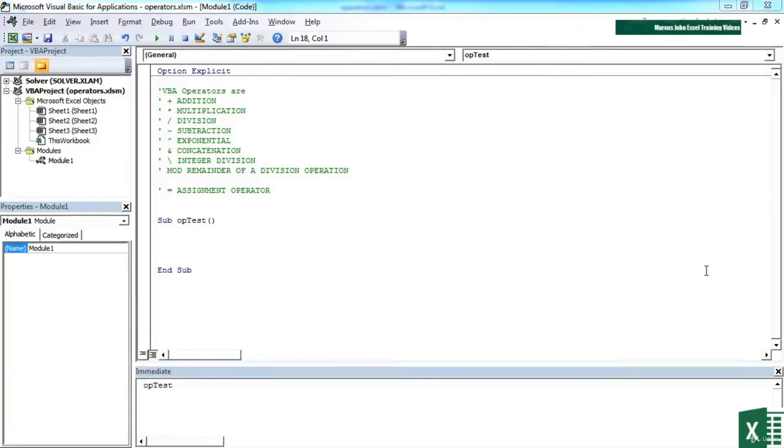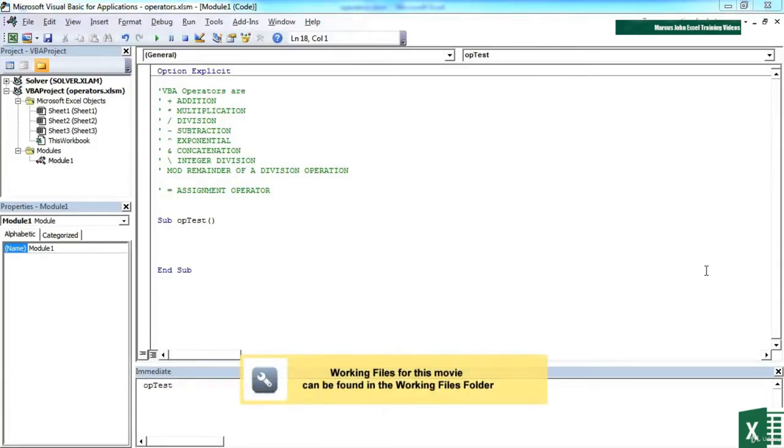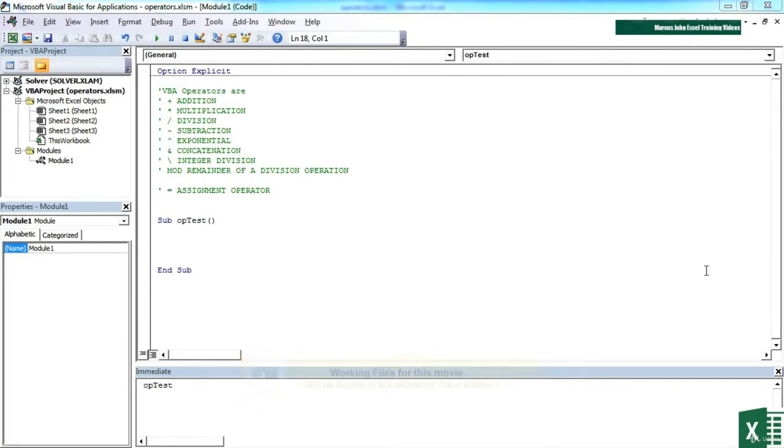When working with Visual Basic for Applications, there is a good chance that you will need to use a lot of operators. Operators allow us to work with variables and constants to combine them in some way. You can see here in the operators file that I've placed in the working folder, we have a plus for addition, so for adding values together, an asterisk for multiplication, a forward slash for division, so dividing by,